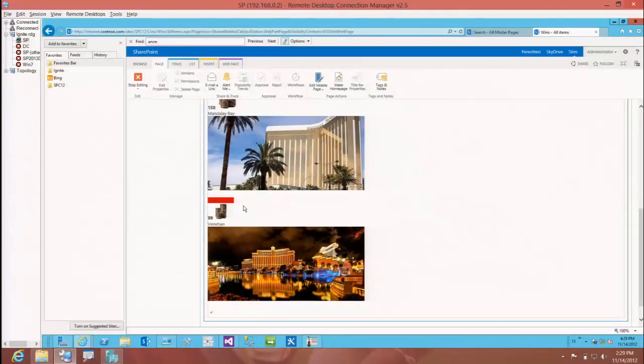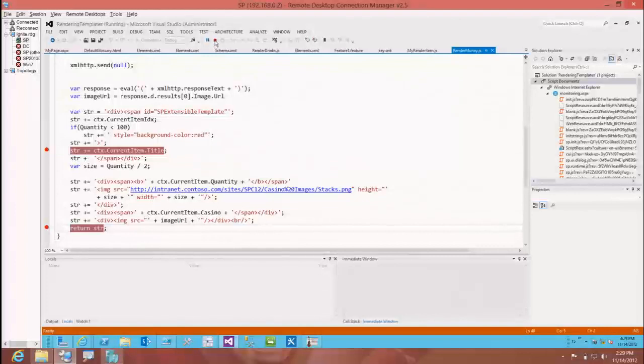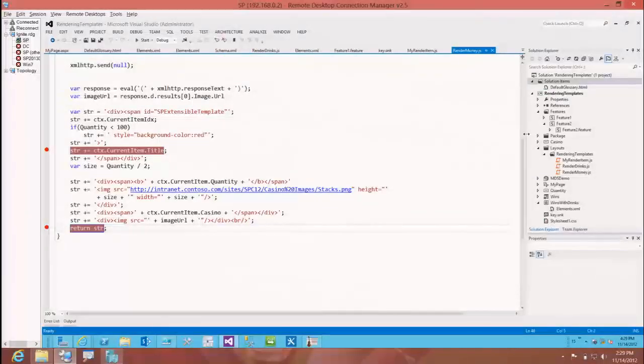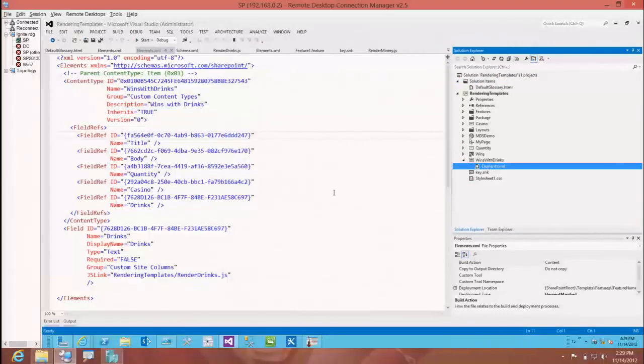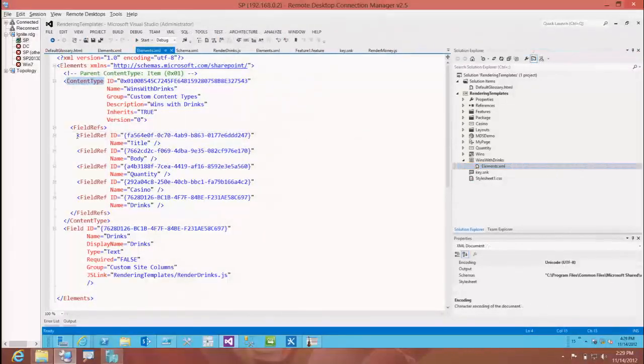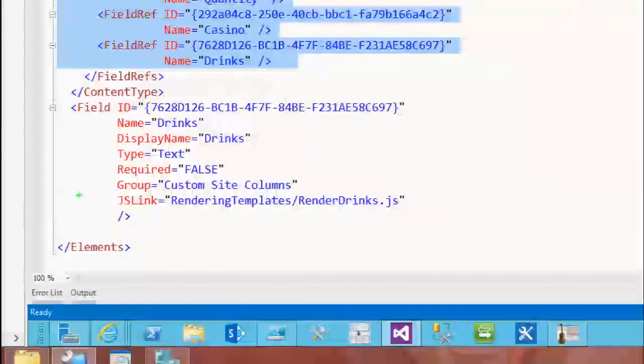In fact, this JS link, you can apply at more than just a single item level. There's a whole bunch of different stuff you can do here, such as, what if, and I'm going to stop debugging here, what if I want to create maybe my own content type? And in my content type, I'd like to define, here's my content type, here's a bunch of fields that are in it: title, quantity, casino, drinks, looks just like the list you just saw a moment ago. Well, let's go in and see that, yep, I could do the same JS link,